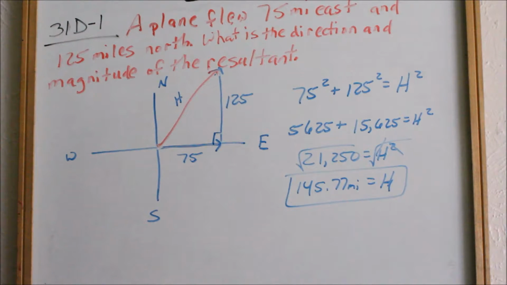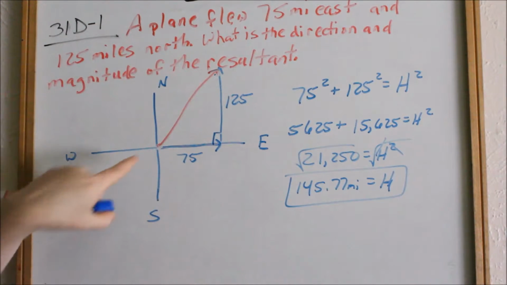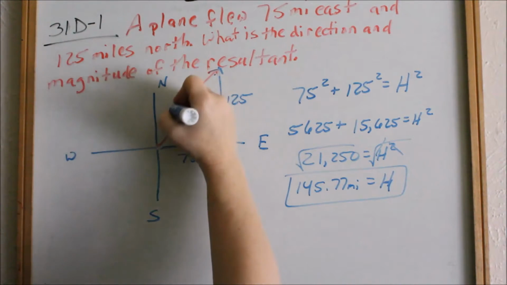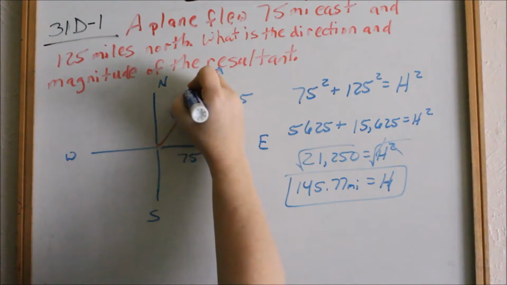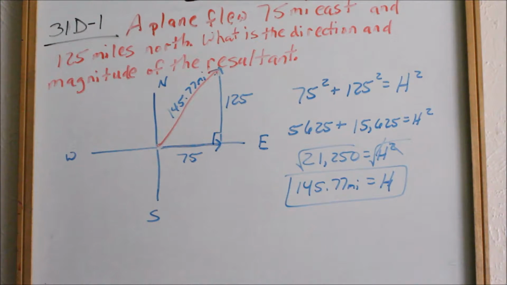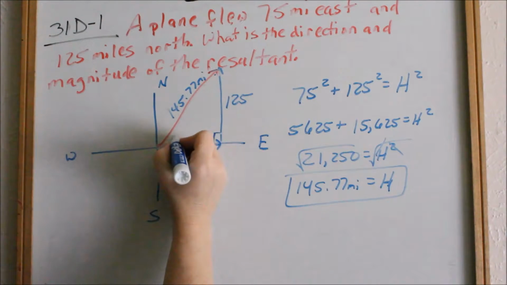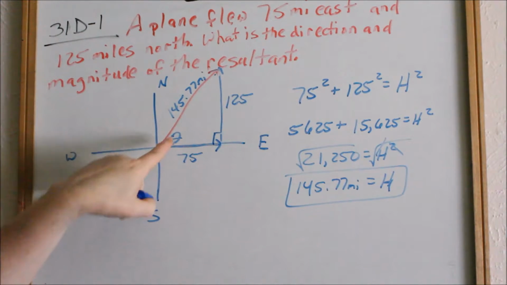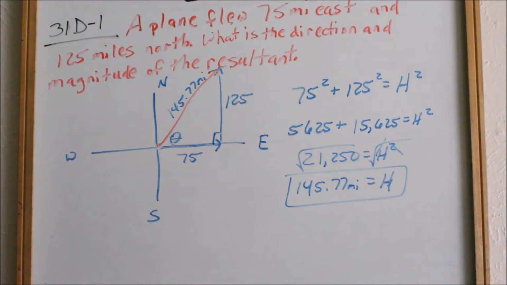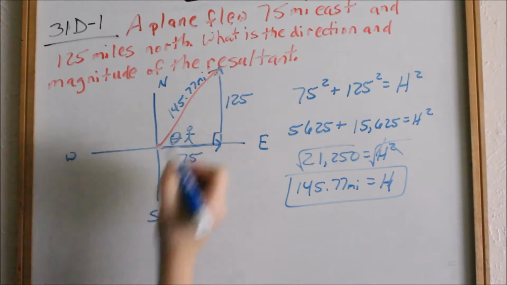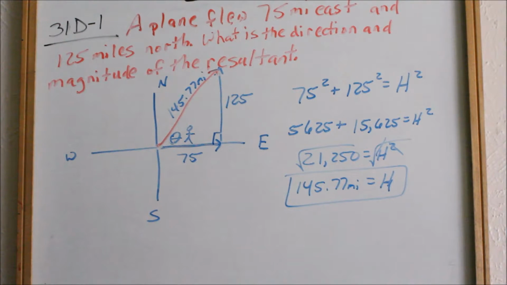Okay, that is the length. So I now know that if I walked starting at the same starting point and walked the distance of the hypotenuse, I would walk a distance of 145.77 miles. Okay, now I want to know the direction that I'm walking. What angle is that? If I'm that little man standing there,